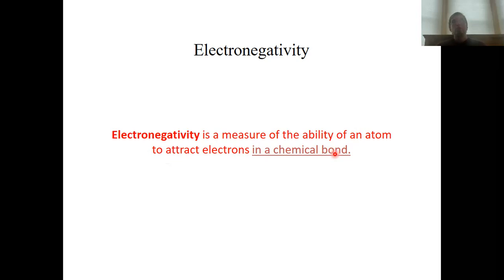Okay, so we're still looking at the ability of an atom to attract an electron, but in contrast to the electron affinity, where we look at an isolated atom in the gas phase, we are looking now at an atom in